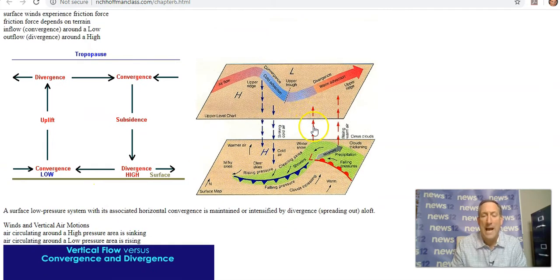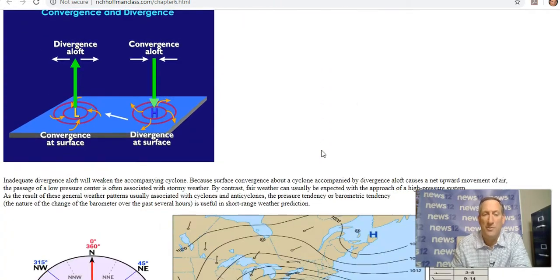And now when we look at what happens at the surface compared to above the ground, we can get an idea where we have ridges and troughs above the ground, and at the surface we can find out where low pressures are and frontal features, which we'll talk more about in Chapter 9. So when we get an idea where air is rising, that's lower pressure. That'll show us where clouds are and also where precipitation is. Higher pressure tends to be colder at first and more stable, sinking air, dry conditions. So if you're near a high pressure system, you're going to have nicer weather. If you're near a low pressure system, you tend to have more clouds, stronger winds, and also the threat of